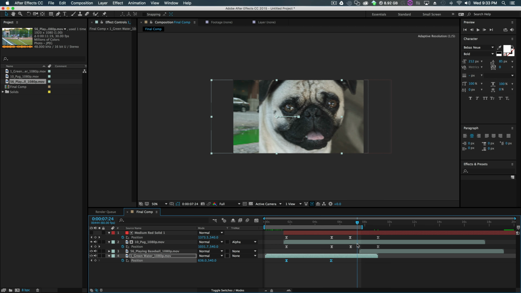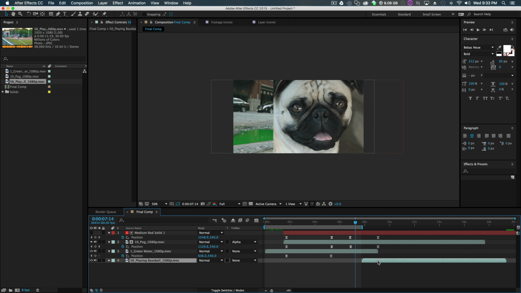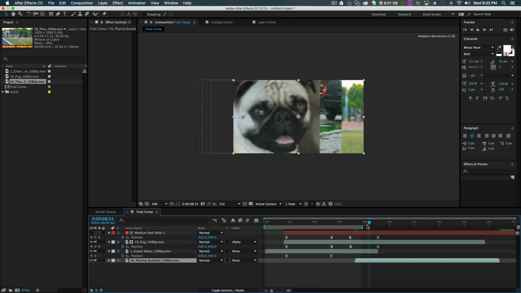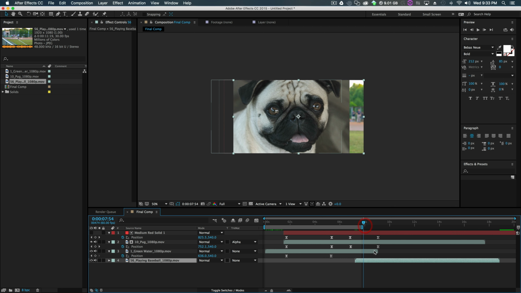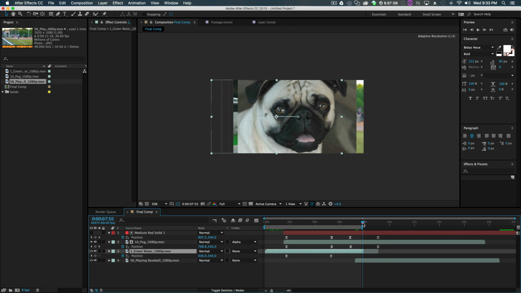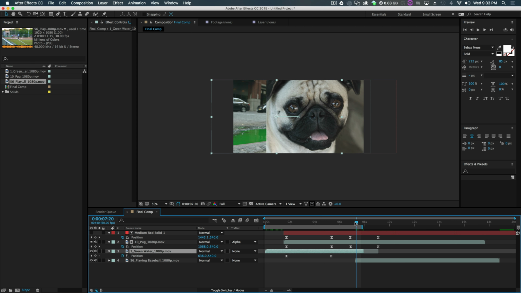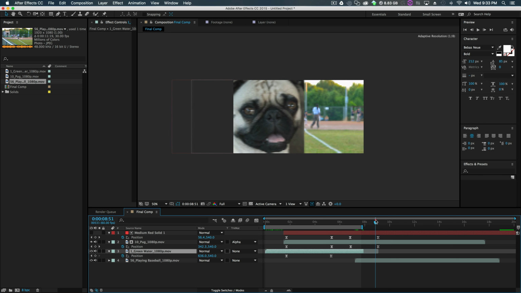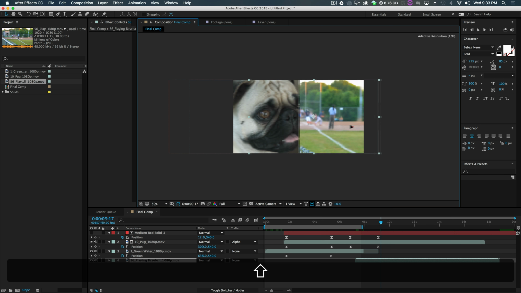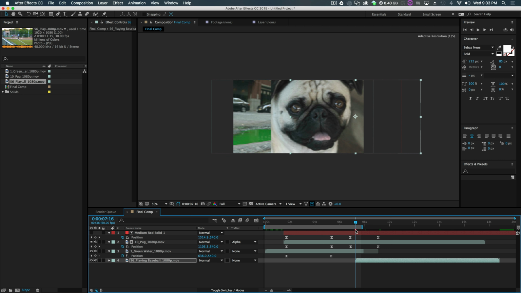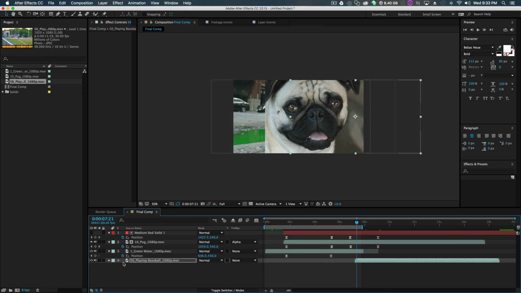Or you know what? Take the baseball footage and put it at the very bottom. So it's under everything. Move it all over just like this. And when it gets to right here, the green water can be turned off. See, the layer ends right here, by the time the pug footage is revealing the baseball footage. Take this right here. We'll add a little pizzazz. So we'll hit P on the baseball footage, move it over,